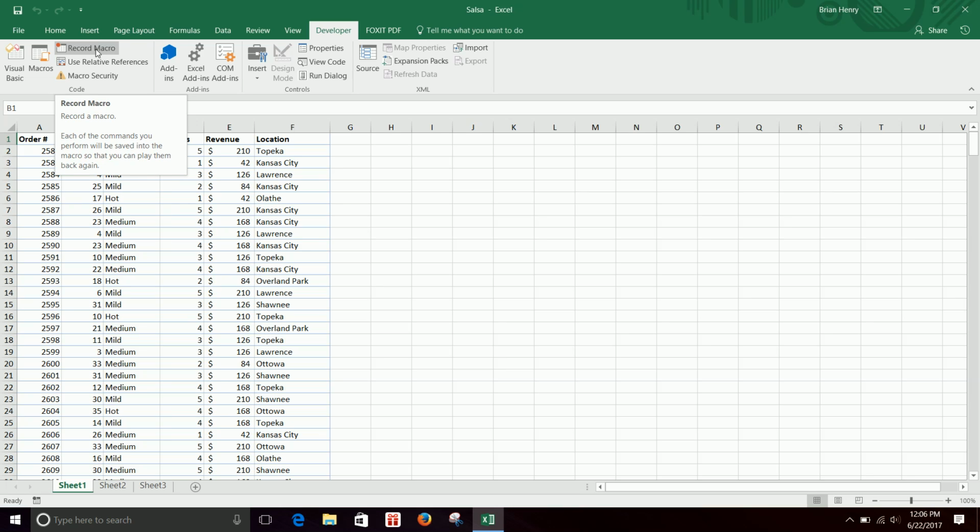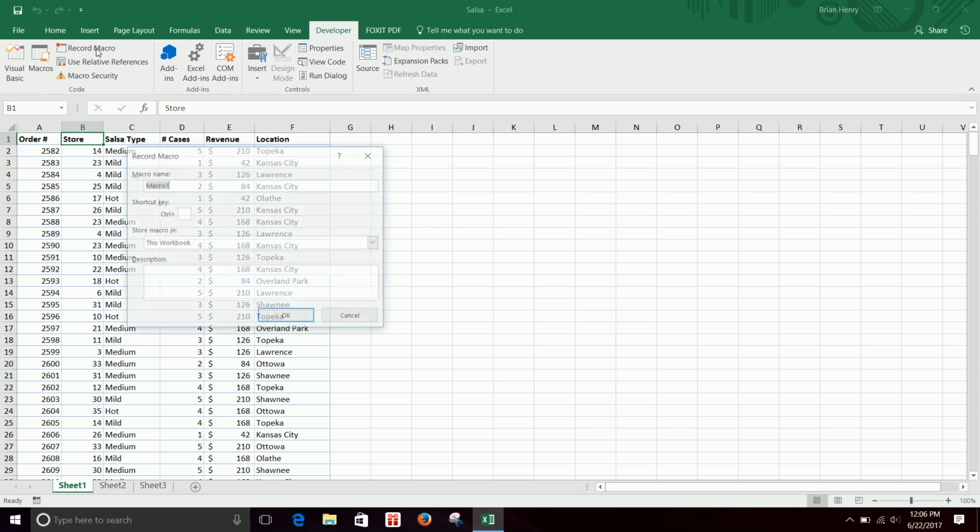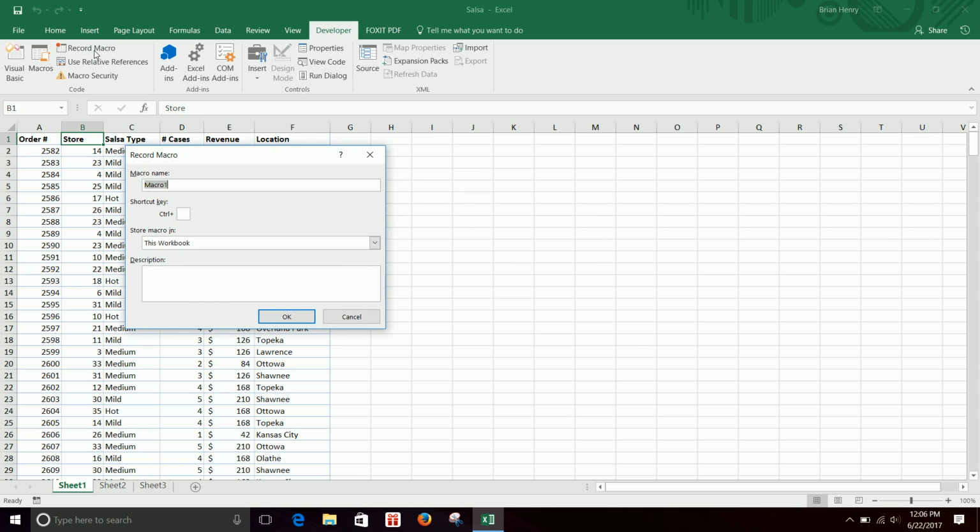Now, if you don't want to record a macro, you can write code to do it that way. I am not a master in writing computer code, and in this case, it'd be Visual Basic, but I can do little bits, and I can record my keystrokes. There's just some tricks you have to learn to record very efficiently. So I'm going to hit the Record Macro button. It's going to ask me the name of the macro, and I'm going to put